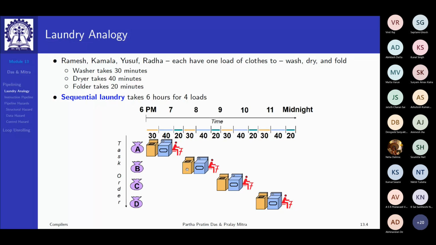The second person can start washing when the drying for the first person is going on. Similarly, the third person can start washing when the folding of the first person is going on, because these are independent machines. That kind of overlapping is